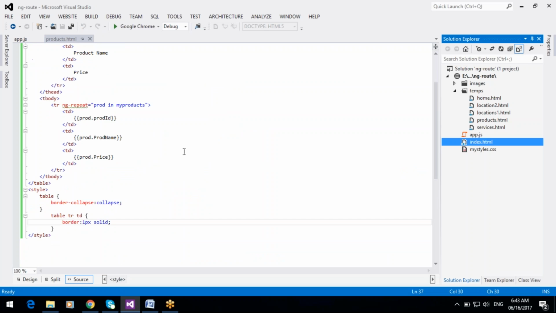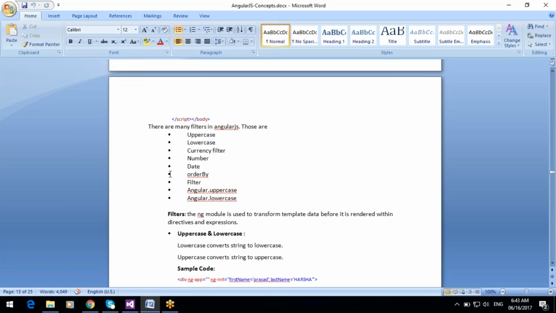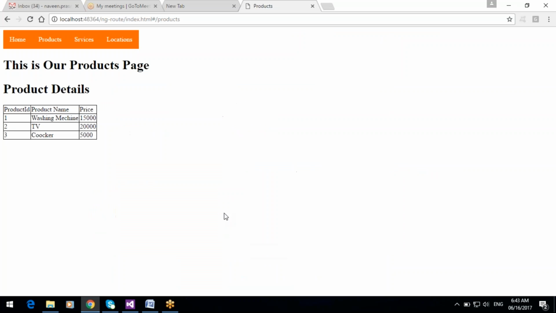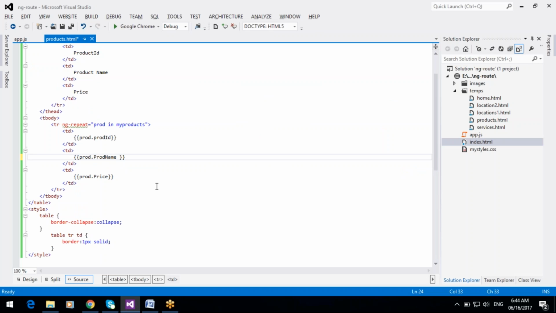For example, I want to display the product name in uppercase characters. All characters will display in uppercase. Use the pipe character and uppercase.